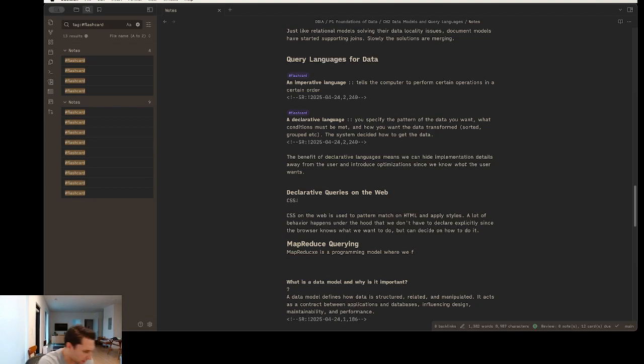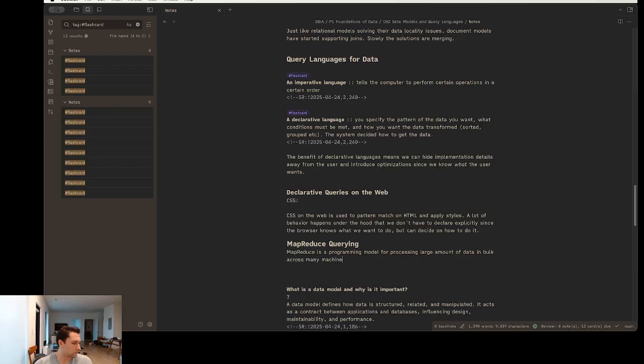I don't know how to define this. For processing large amounts of data in bulk across many machines. Okay. Let's just write that, right? Oops. That's probably